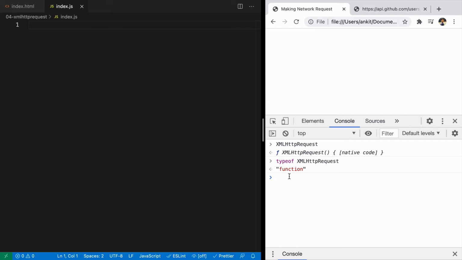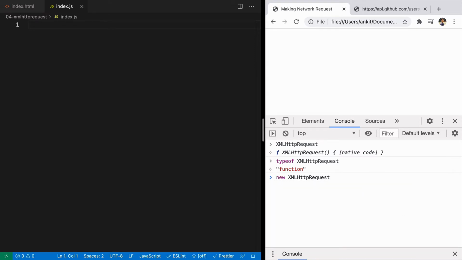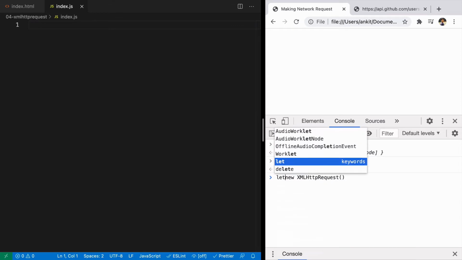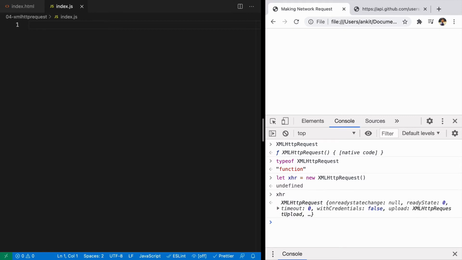So how do you call a constructor? You use new to call the constructor. We'll go ahead and say new. And we know whenever you call a function with new, putting the parentheses is optional. You can or you cannot. It's totally your choice. And we also know that whenever you call a function with the new keyword, it returns an object. So let's store that object inside a variable and we'll call it xhr, which stands for XMLHttpRequest. We'll press enter. Now, if you look at xhr, you will see it is an object.